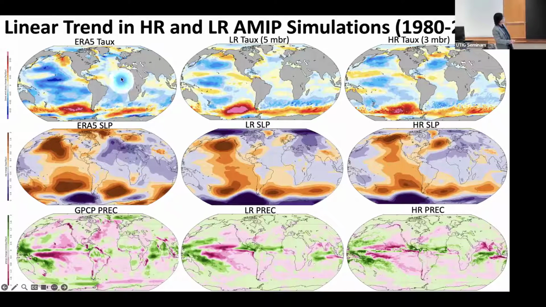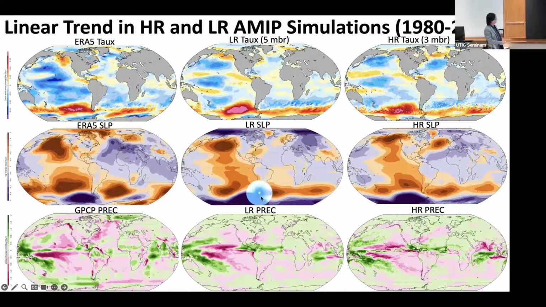So what we see, again, this is the global zonal wind stress everywhere around the globe over the ocean. And this is the low resolution model simulation. This is the high resolution model simulation. And this is the sea level pressure trends, and this is the precipitation trends. The period is slightly different because the AMIP simulation ends in 2014, right? We don't have the most recent SST available for doing the AMIP. So we stop at 2018, but nevertheless, you're getting a similar story, a very similar pressure pattern.